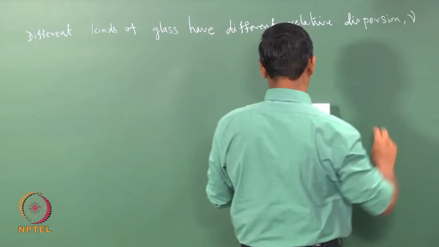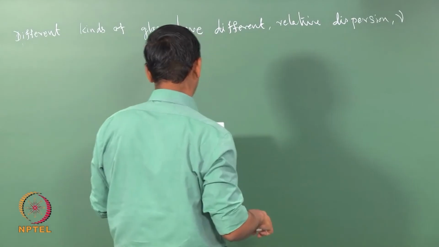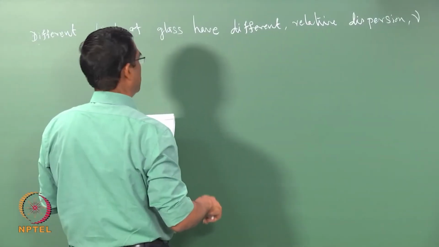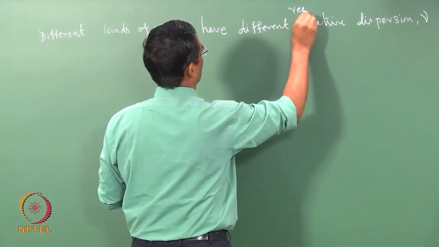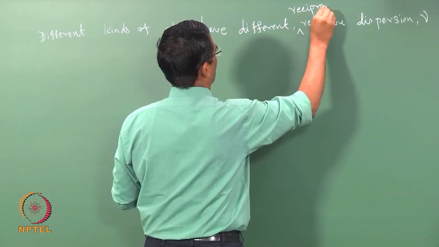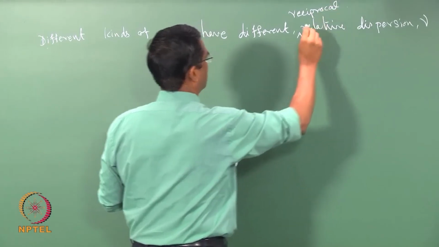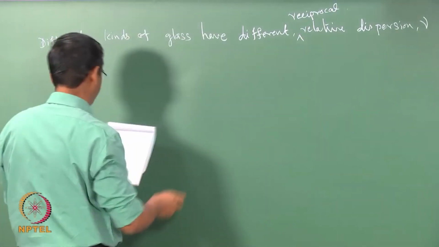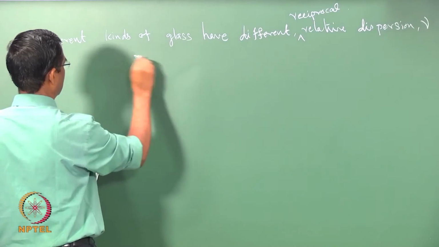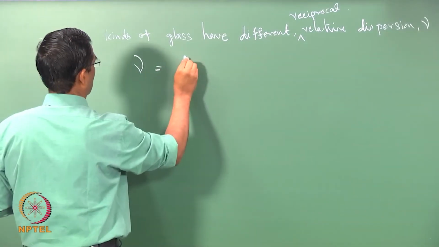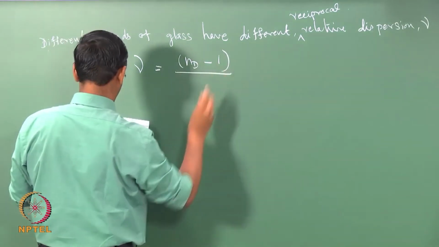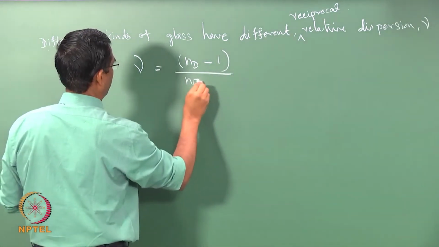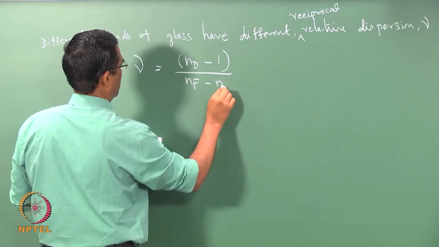The reciprocal relative dispersion mu is defined as Nd minus 1 divided by Nf minus Nc,